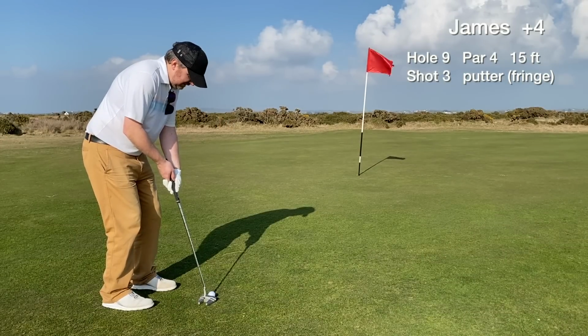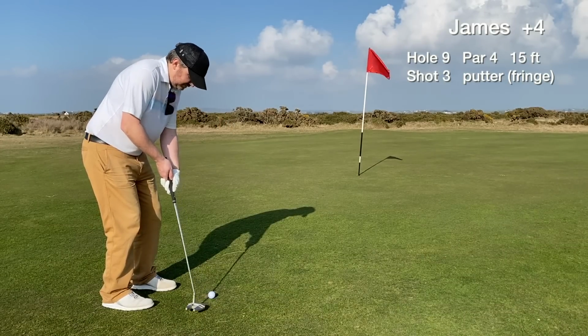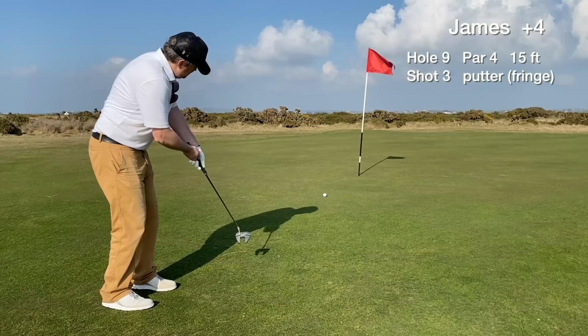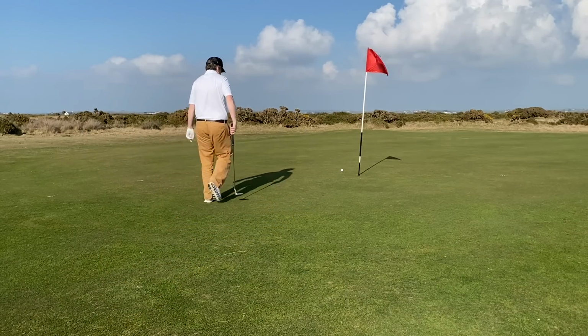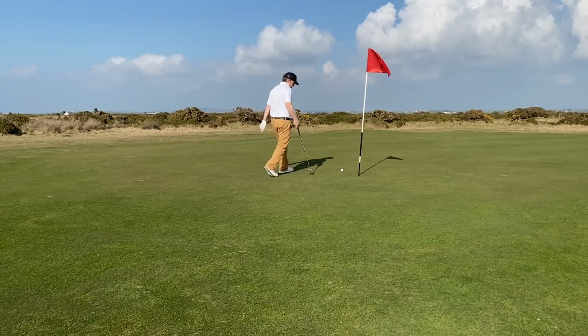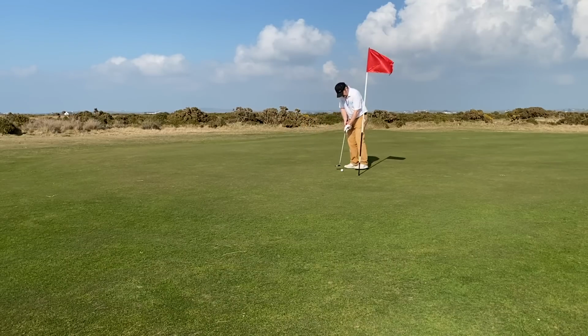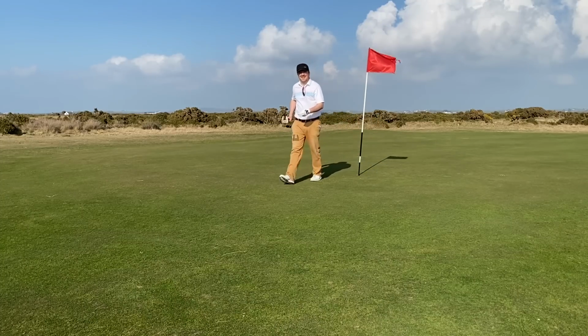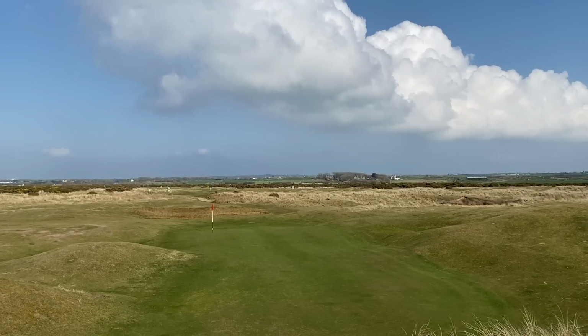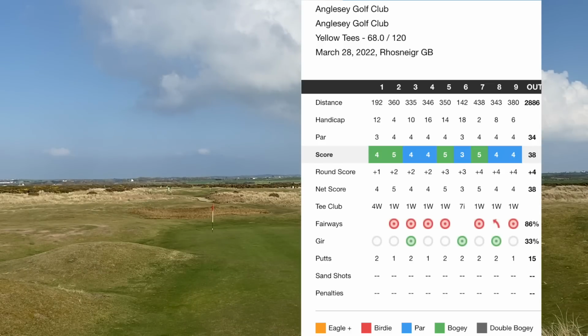That's what we have for birdie, uphill putt. And the putt just misses to the left. Perfect pace again. And we tap it in for yet another par, another easy par, for a front 9 score of 38, so